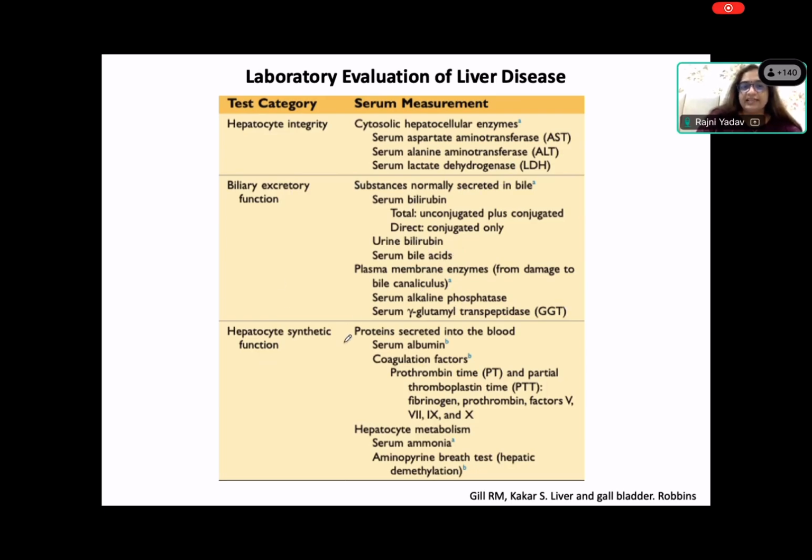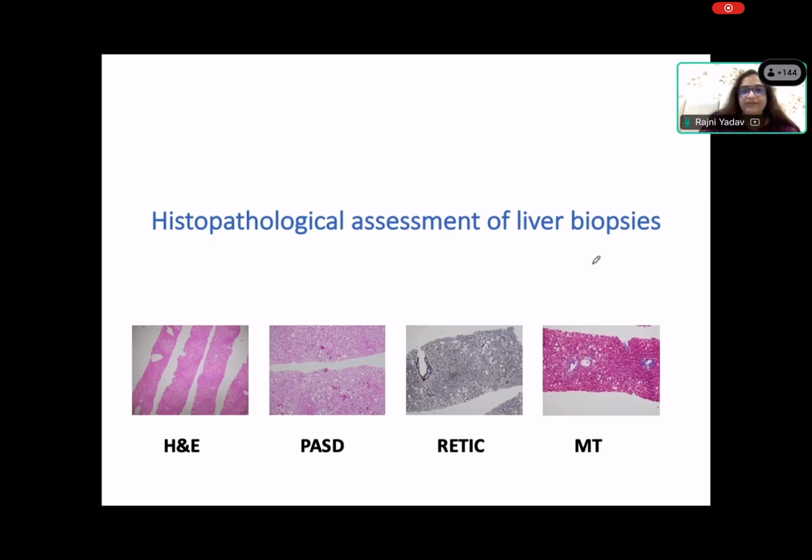If the disease is persistent for a long time, then the hepatocyte synthetic function gets affected. So the serum albumin and the PT get altered, and in acute liver failure, there may be hyperammonemia. So a careful evaluation of the liver function tests and the biochemical parameters tells you what kind of damage is there in the liver, which actually tells you whether you want to go for a biopsy or not. So if we go to the microscopy, the histopathological assessment of liver biopsies for the non-neoplastic